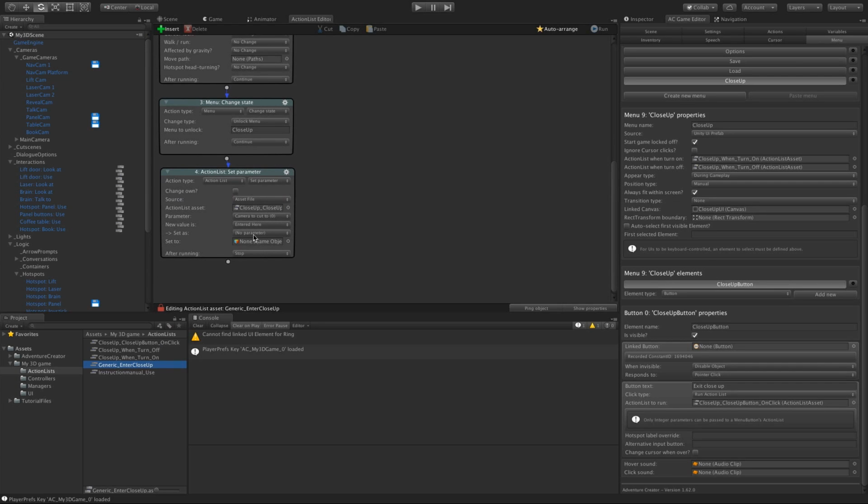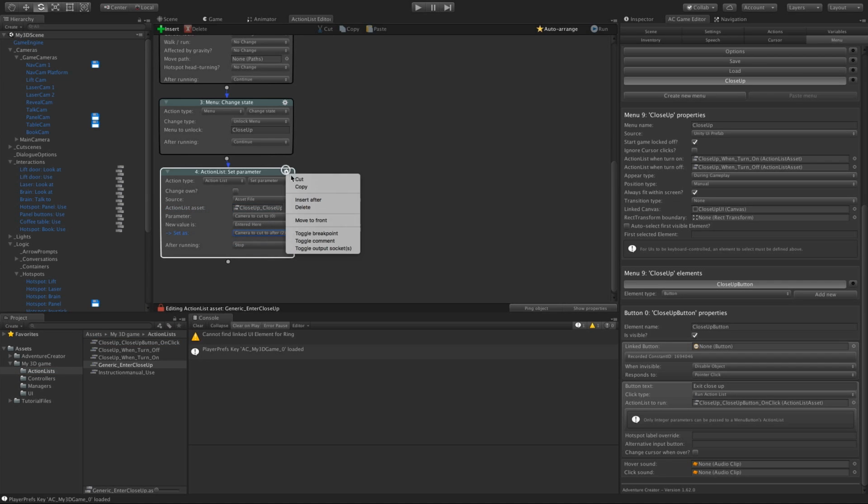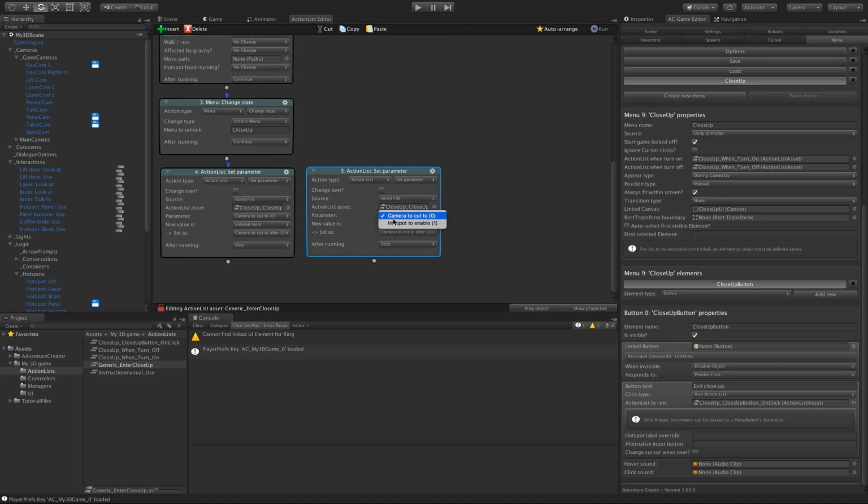Normally we would just assign a new camera here, but because we're using parameters in this list as well, we can also map the exit parameters to the parameters defined here. So the exit asset's camera to cut to is going to be the same value as camera to cut to after, and I'll create another one by copying and pasting, and this time the hotspot to enable is going to be set as our hotspot to disable. I'll link these up,